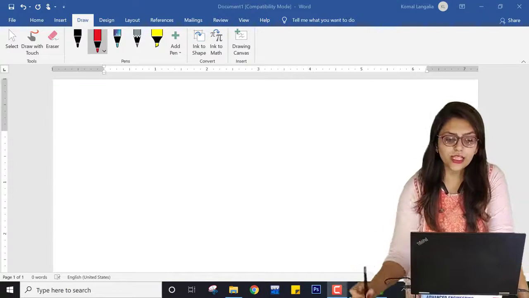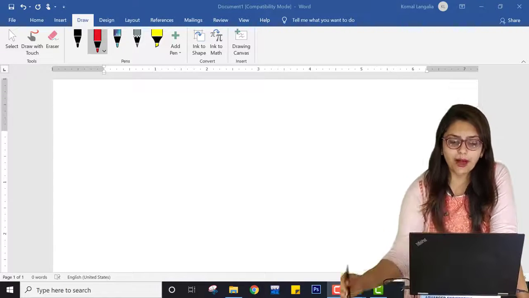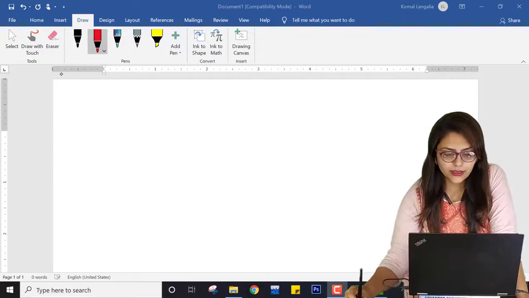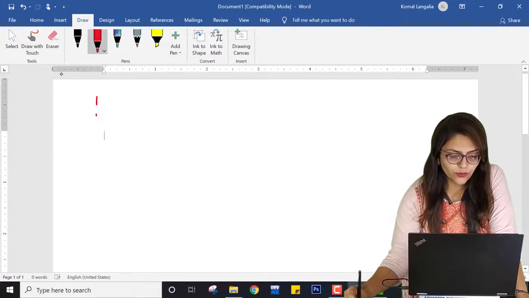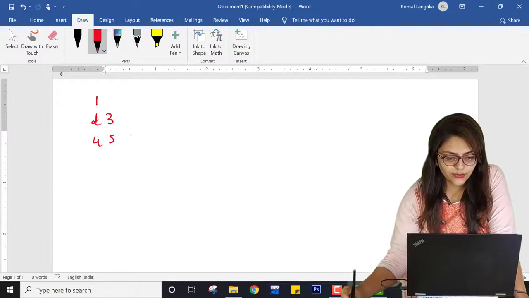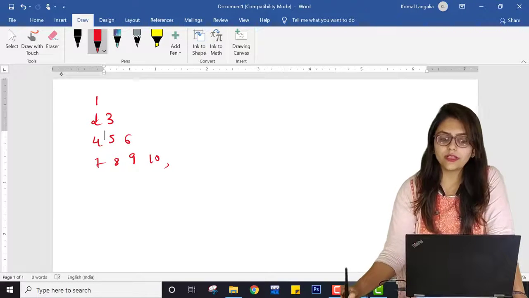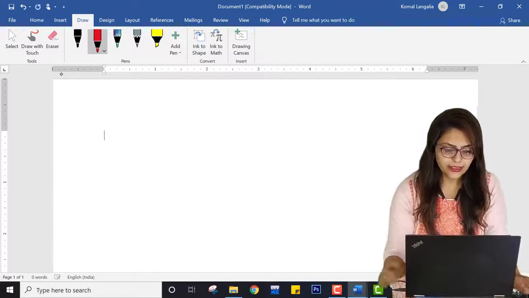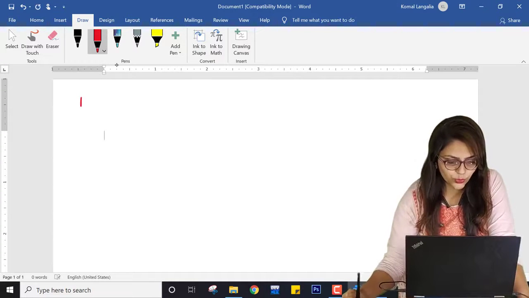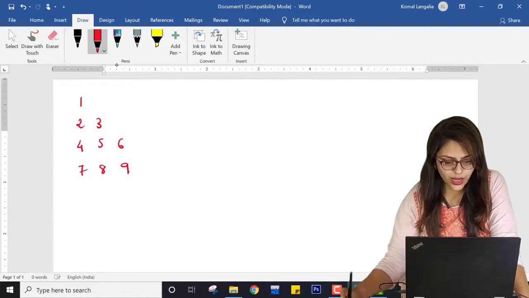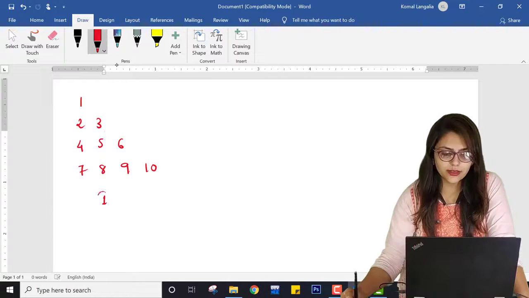Patterns, and in today's class we are going to see three patterns with the same concept we have covered in part 1 of this pattern video. That is, in this video we are going to cover 1, 2, 3, 4, 5, 6, 7, 8, 9, 10. So we are going to cover this pattern. Let me write it in some good way. So 1, 2, 3, 4, 5, 6, 7, 8, 9 and 10. So first pattern is this.